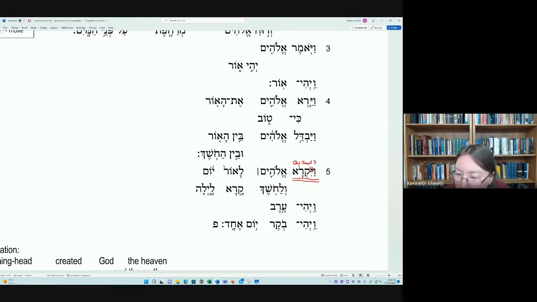So this then, it would be kara, imperfect, third masculine singular, but it has the wow with the pathak followed by a dagesh forte, which is the wow consecutive, which would flip the aspect. And more about that a little bit later on the verb kara. So thus we would say then, and the subject follows the verb in Hebrew. So there's our subject, Elohim. So then God called